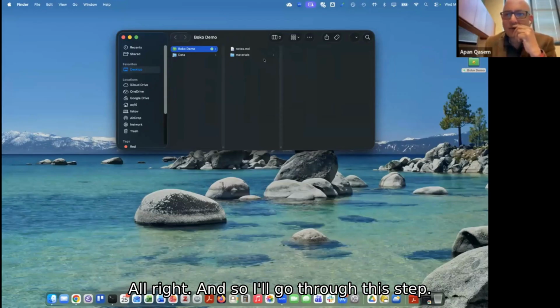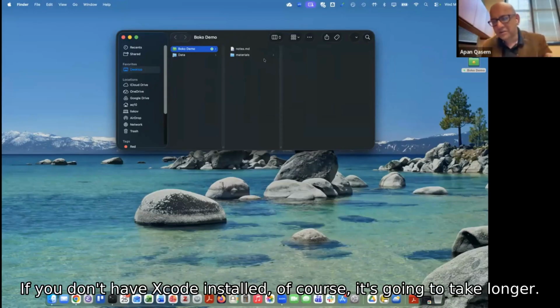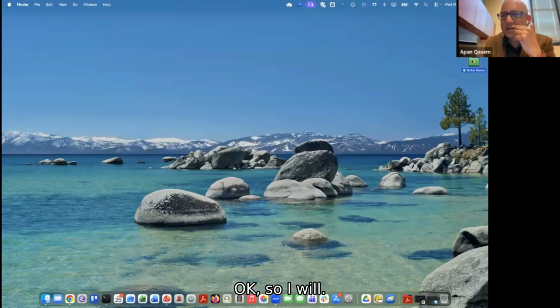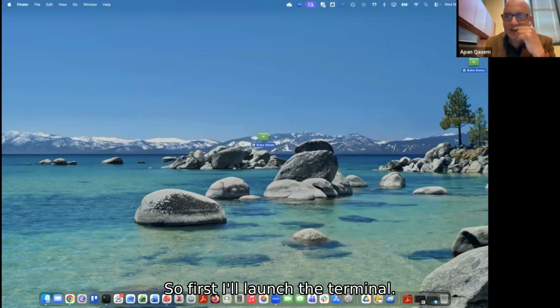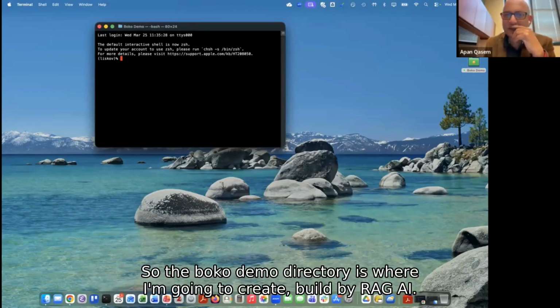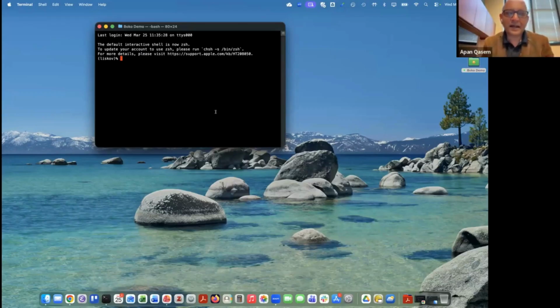I'll go through this step by step. If you don't have Xcode installed, of course, it's going to take longer, so that might not necessarily work. First I'll launch the terminal. The Boko demo directory is where I'm going to build my RAG AI, and so I open a terminal in there.